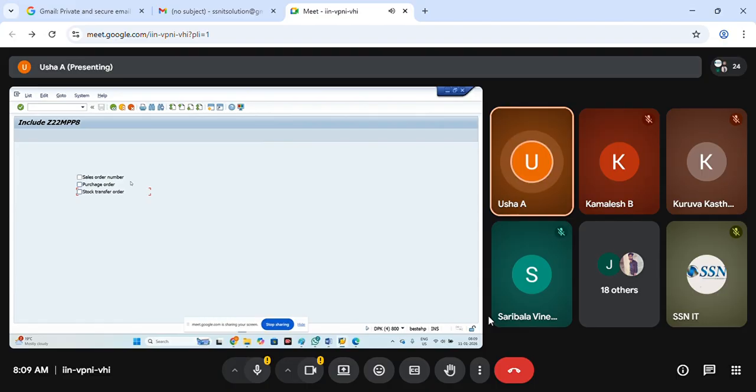So here we learn two things. How to create a checkbox we learn, and whether it is selected or not, individual IFs we are going to write, that we learn. And under that I use the write keyword. So in module pool programming, whenever you are using the write keyword, you have to use the LEAVE TO LIST-PROCESSING keyword. Otherwise, it can't take you to the list processing screen. So this is also what we learn. Any questions?